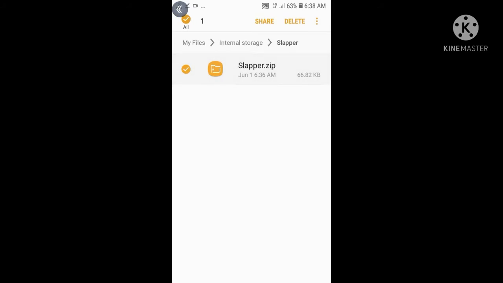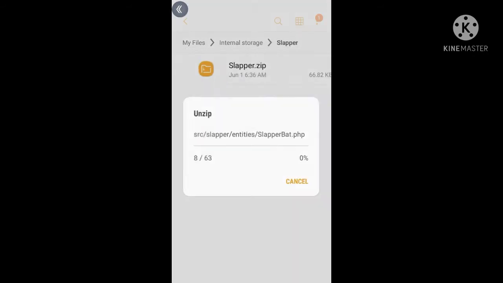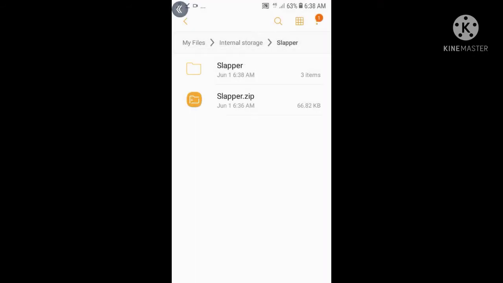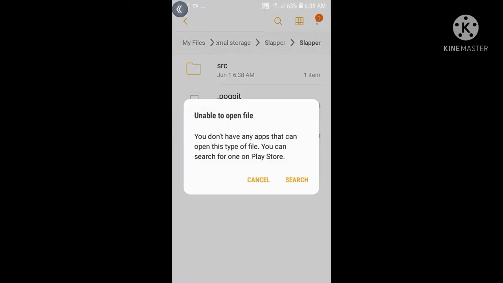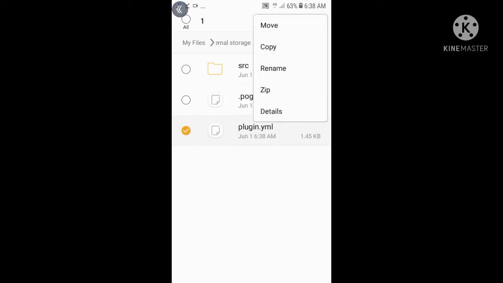Now as you can see, we have slapper.zip here. Now we are gonna unzip the thing. Now as you can see, it's unzipped right now. So we are gonna go there.